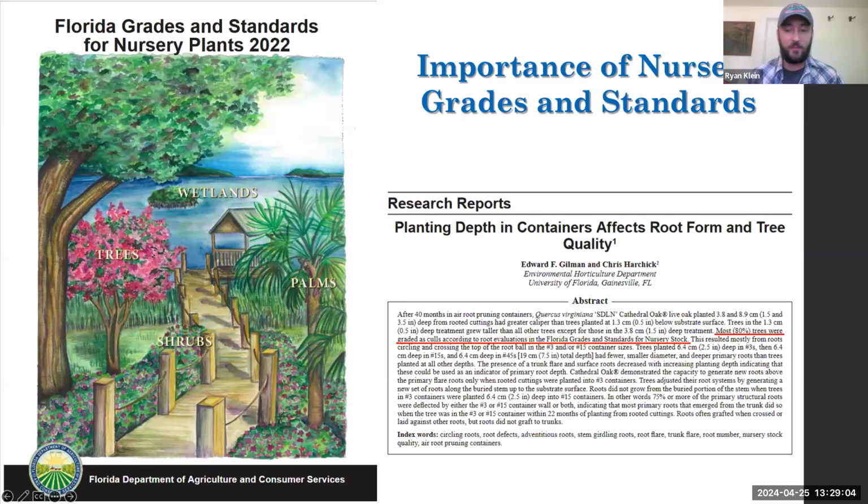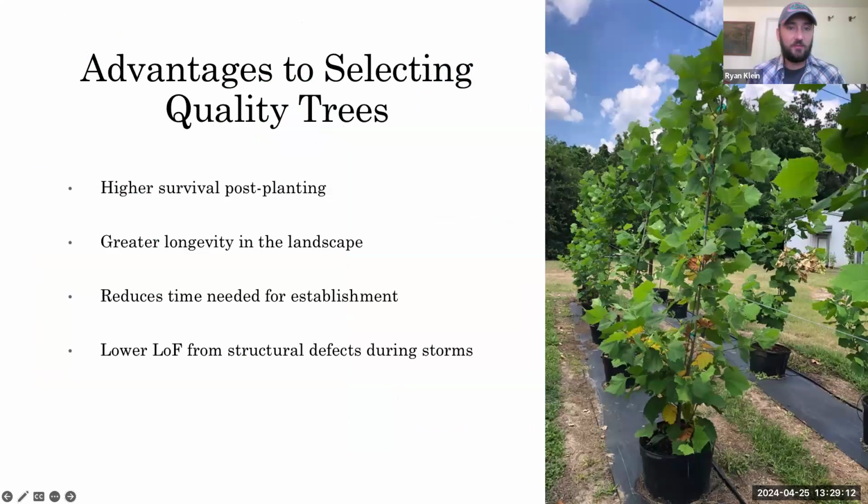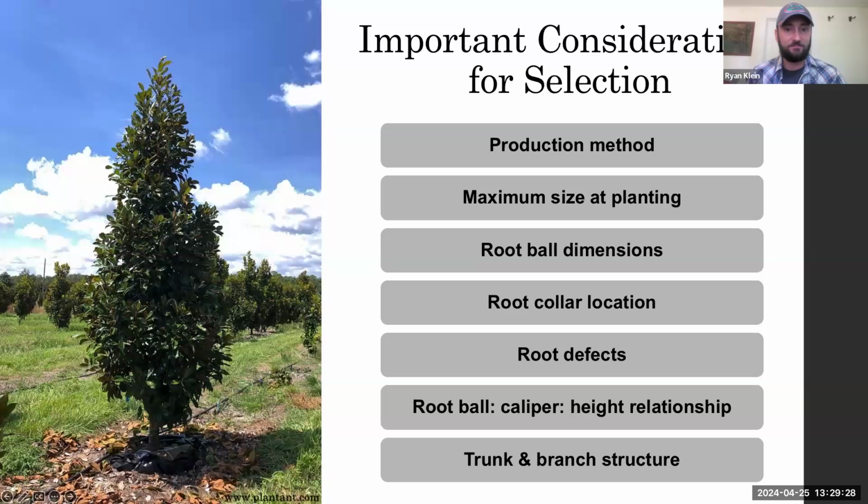And then you get problematic situations like we've seen as far as poor quality trees and potential failures down the road. So we just want to make sure that, before we put that hole in the ground, we're starting off with a high quality product. A tree free of defects, both in the root ball and above. You want a nice central leader. And these are going to be trees that are going to perform better in the landscape.